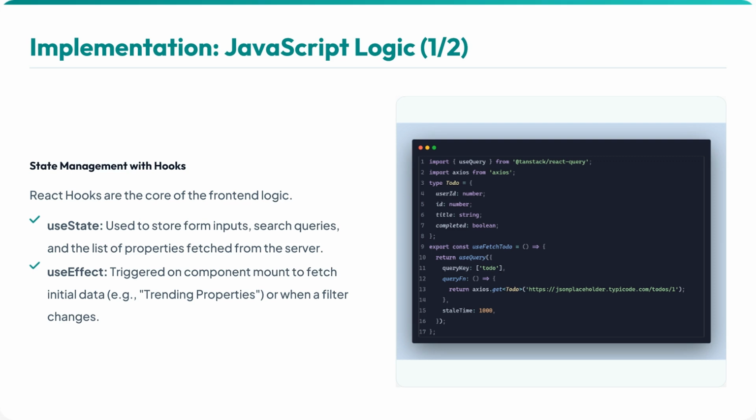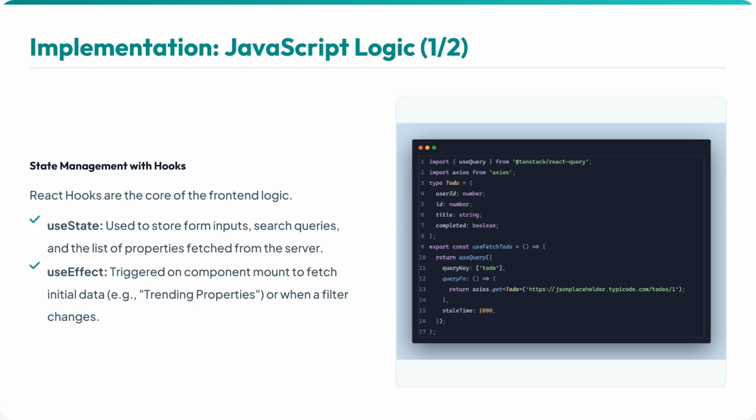So, for the implementation part of the JavaScript logic, now the brain of the front end, state management, useState. I use this hook to manage the form inputs like destination and the list of properties. When a user types in the search bar, that state updates instantly. useEffect. This hook is used for side effects. When the home page loads, useEffect triggers the API call to fetch the initial list of properties from the